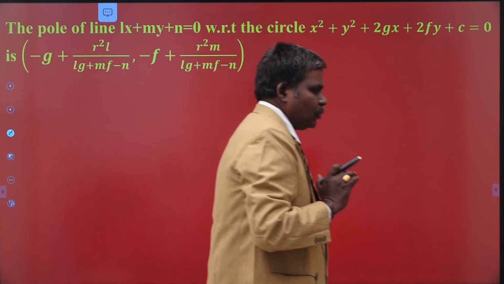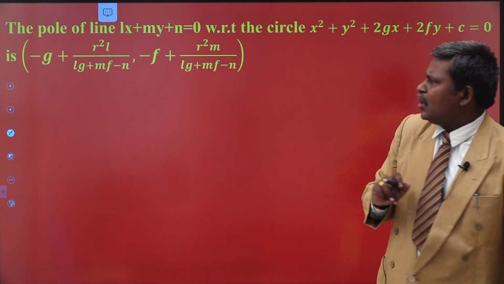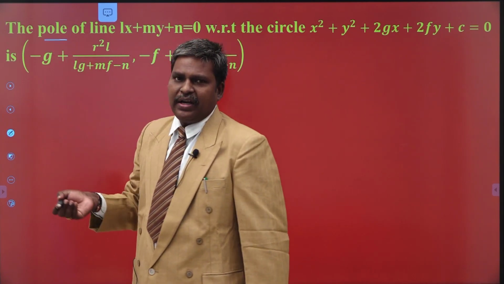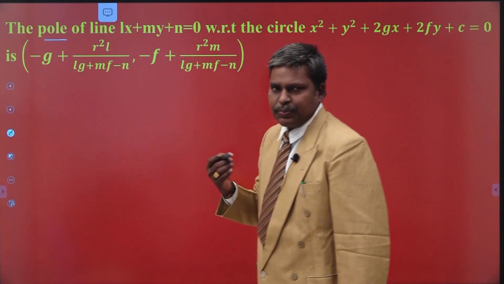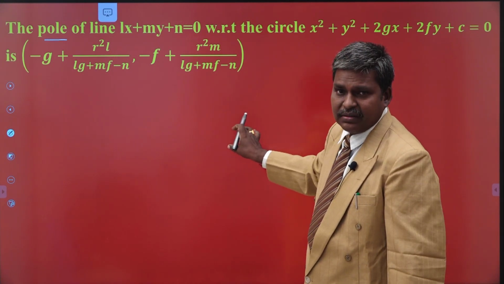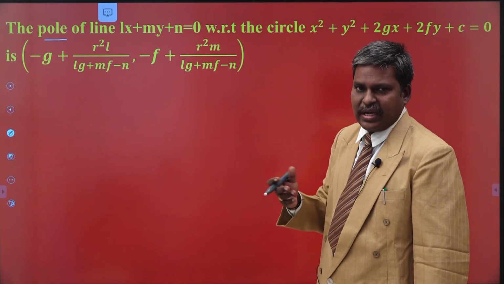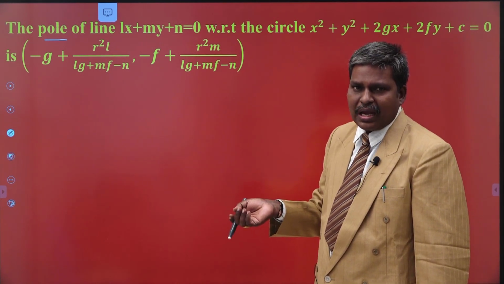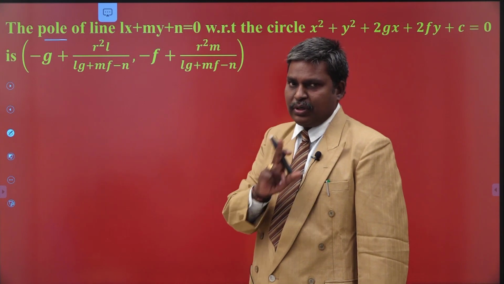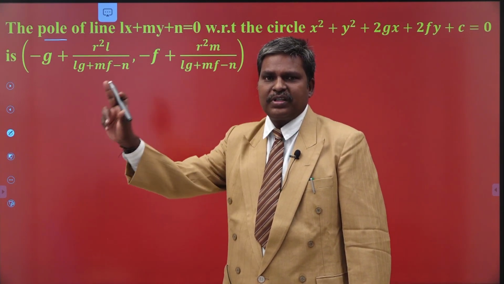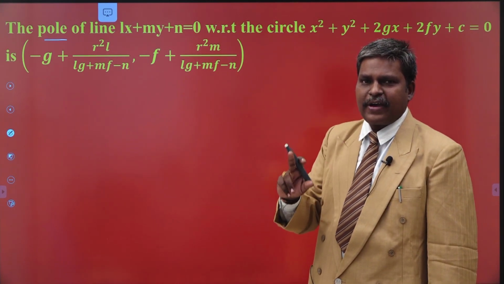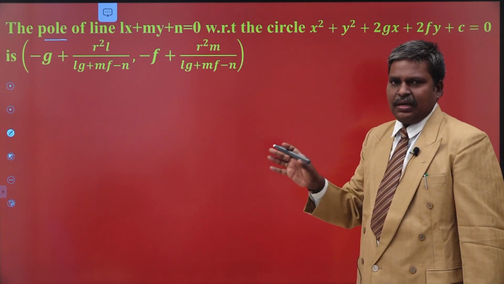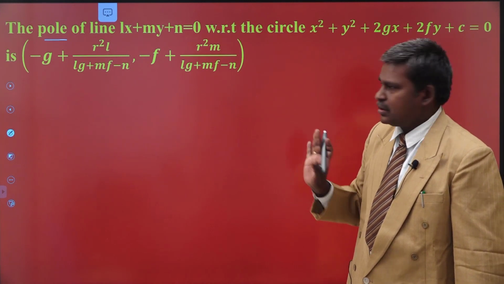Next thing, we have to find out the pole of a line. What is meant by pole? The point that you have to take, that is called the pole. So let P be the fixed point, let P be any point in the plane of the circle we have taken. That point is called the pole of your corresponding polar with respect to the circle. Pole is defined for a line with respect to a circle. Polar is defined for a point with respect to the circle. Understand?